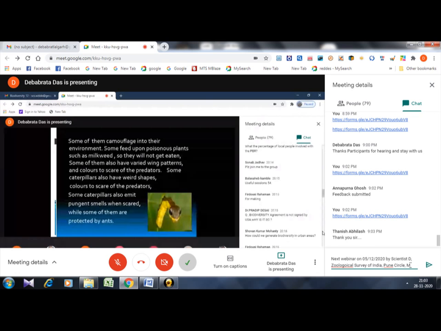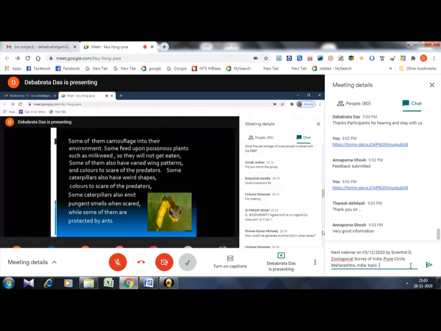But caterpillars like to roll up in leaves. They are covered in the leaves, so the predator cannot spot them. And as you can see in the picture there, it is a caterpillar, but the head looks like a snake. This is a very good disguise. It is a hawk moth caterpillar, and they disguise themselves like this so the predator cannot come to eat them.